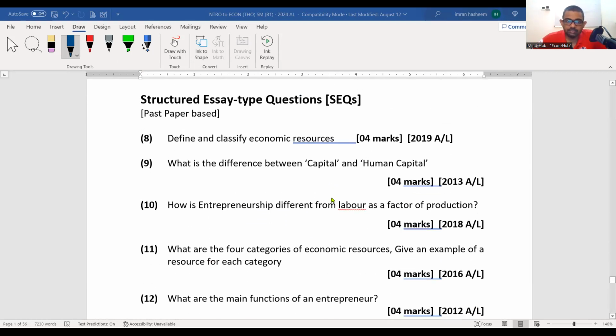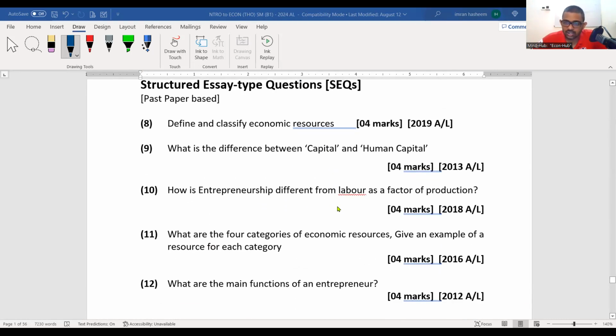Right. Attempt these structured essay type questions, pen on paper. You can do it. Write your best answers, right? And write the technical definitions properly. And if you want to, send it to us. If you can, drop it off at the Mind-Hub admin office. If there is a way for you to do that, I can definitely have a look at them and give you some feedback. I don't mind doing that, but you need to make sure they reach us, right?